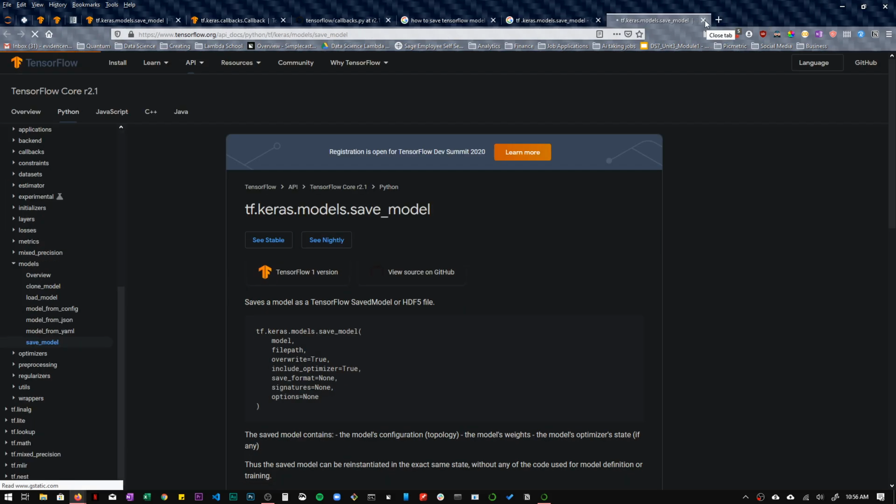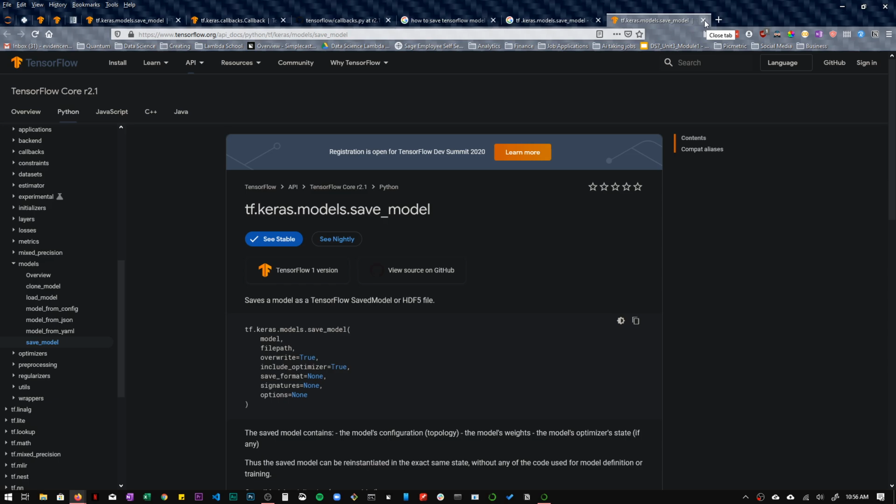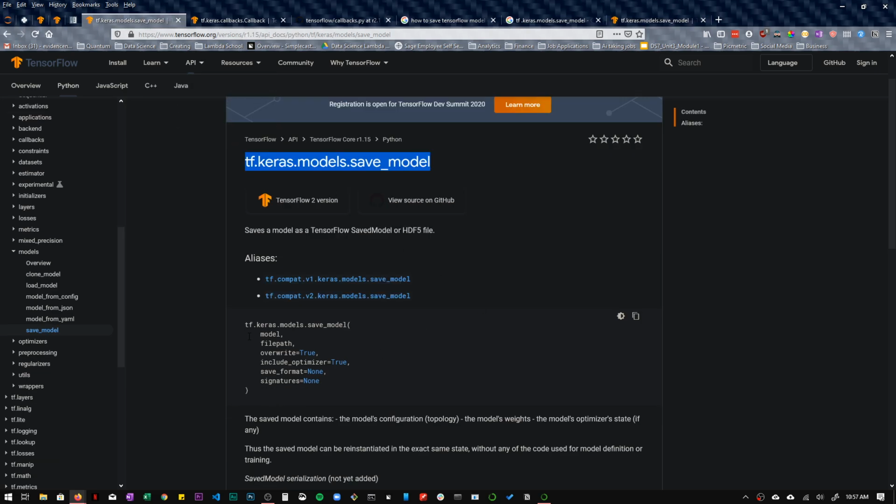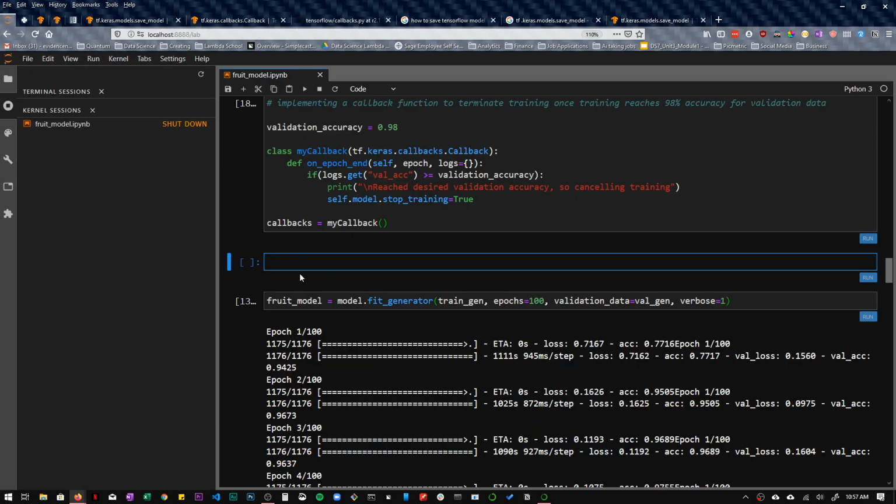I think this is the place we just came from. Saves a model. Okay, let's try this. Let's try implementing it first and then kind of see what happens. Let's go ahead and copy this code and paste it here.